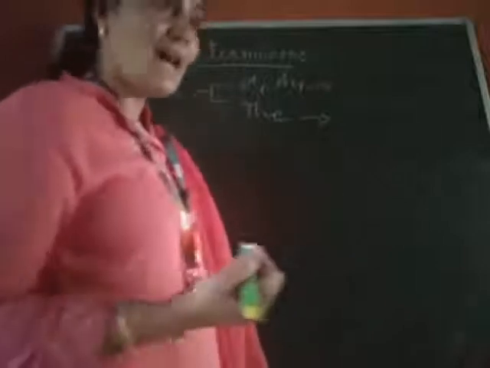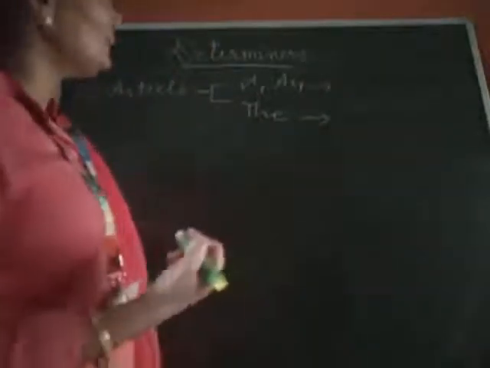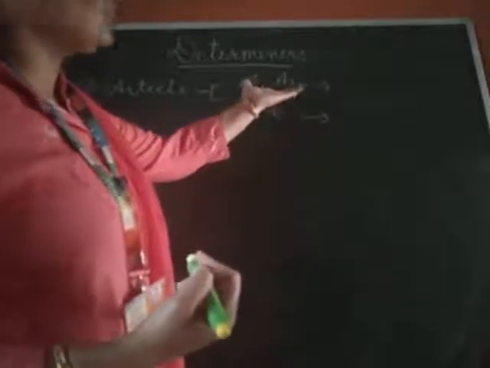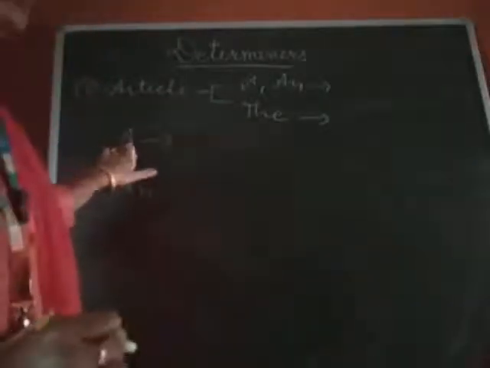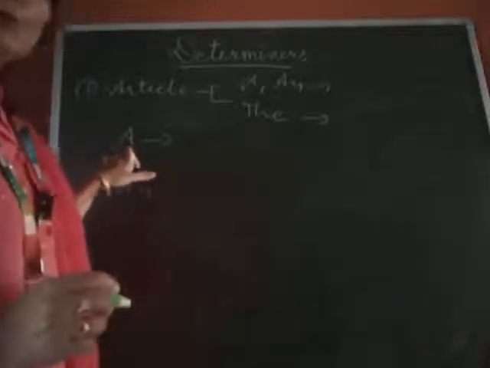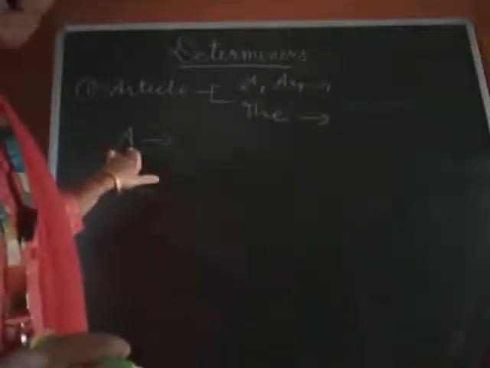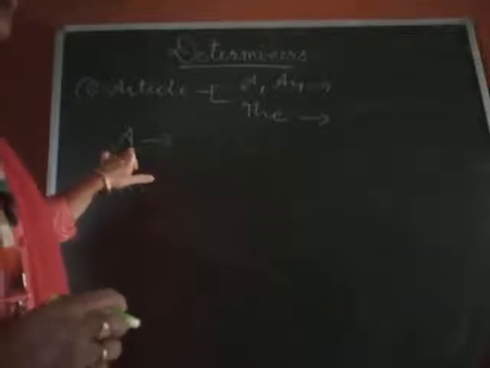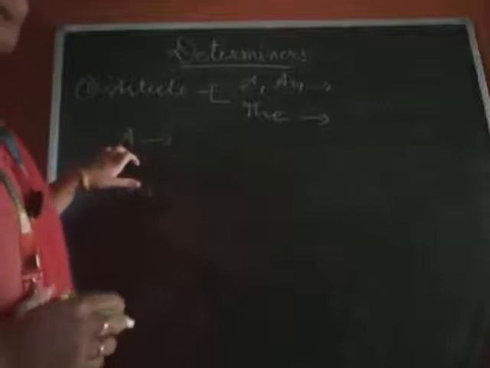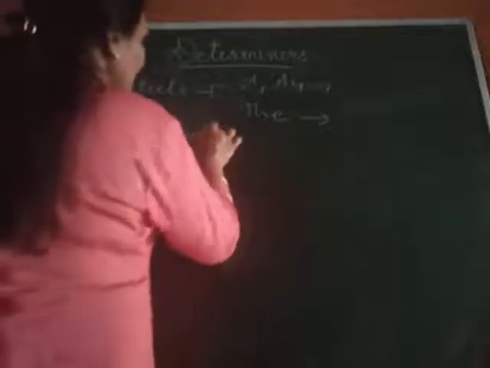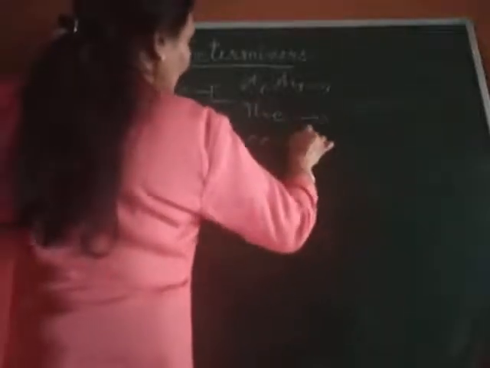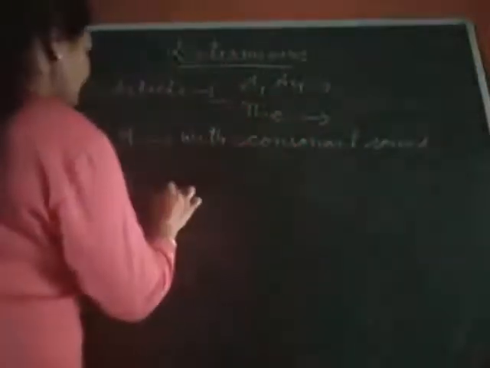So first of all, we will learn about the article determiners, the first type which I mentioned: a, an and the. As I have told you, the indefinite article a or an is the weak form of one. How to use them in sentences: before which word we can use a and before which word we can use an. So now we will practice.